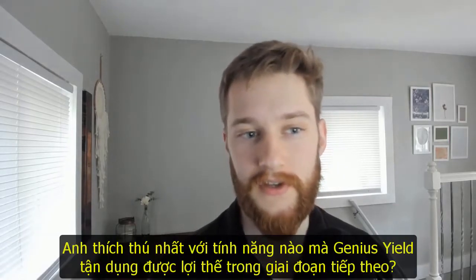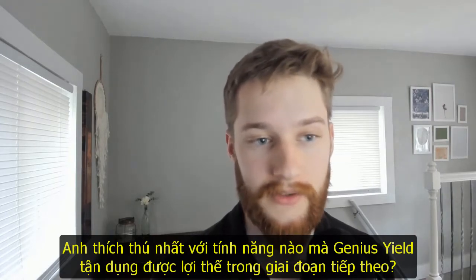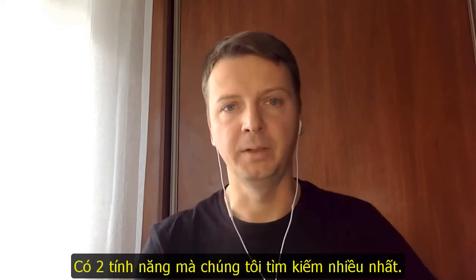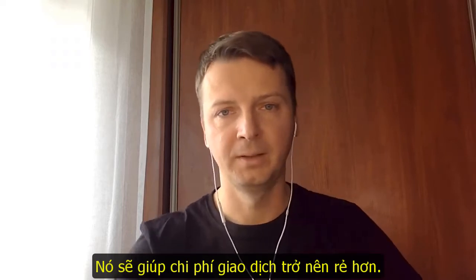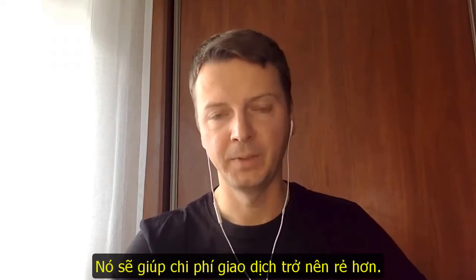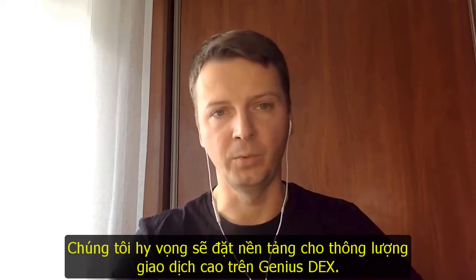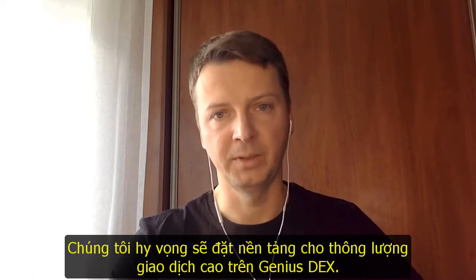What are some features that you are most excited to see Genius Yield take advantage of going forward? There are two features that we are particularly looking forward to the most. The first feature is reference scripts that will lower our transaction fees. Simply, it will make it cheaper. And the second one is diffuse pipelining that we hope will set the foundation for high transaction throughput on our